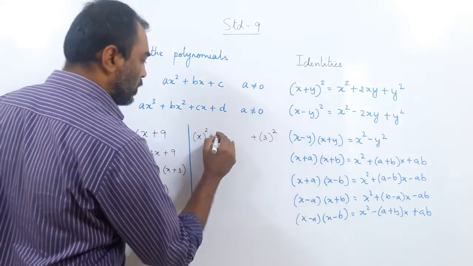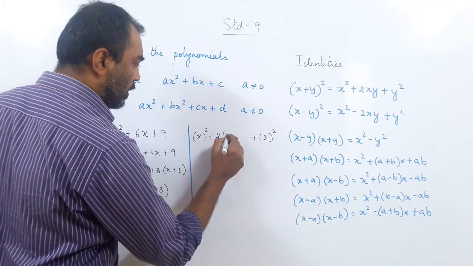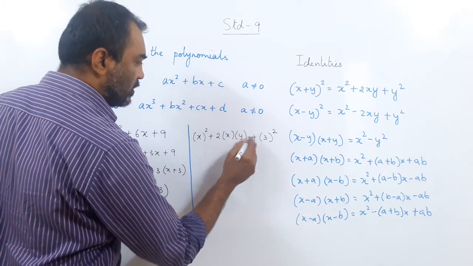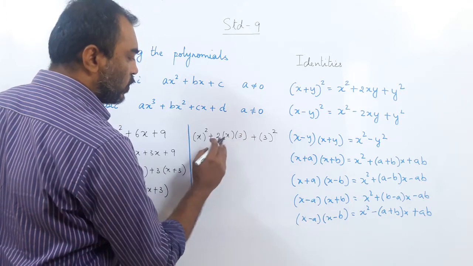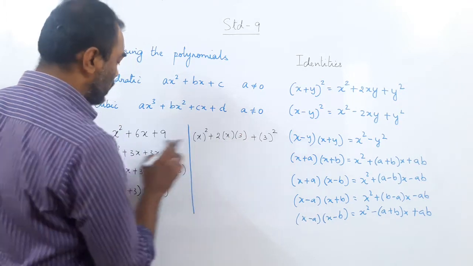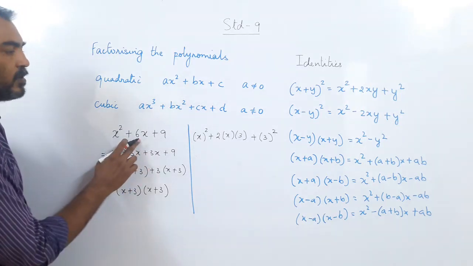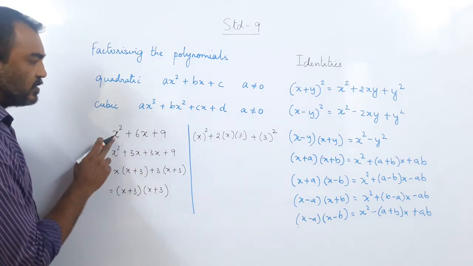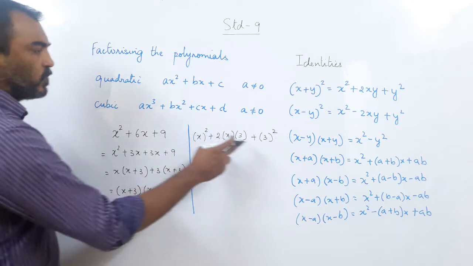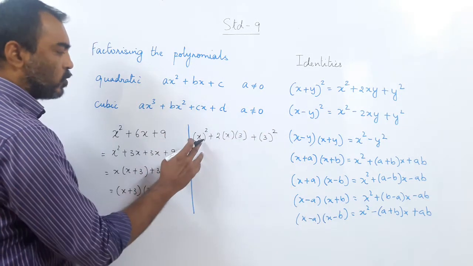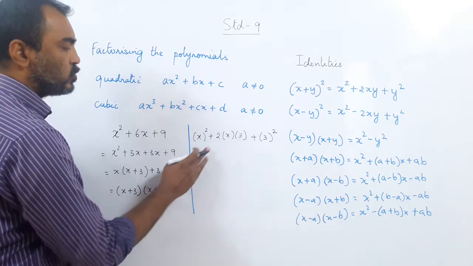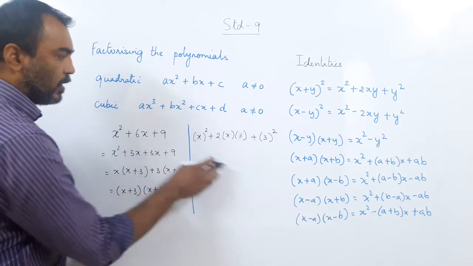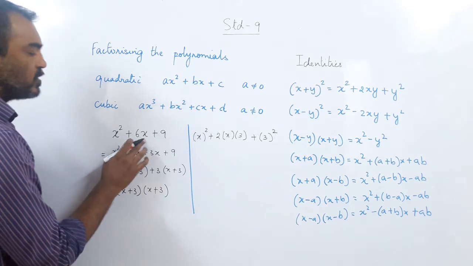So it is x square and our y is 3, 3 square. Now 2xy. So 2 into x and y is 3. Can you see the y is 3? Now 2 threes are 6 and 6 into x is 6x. So you got the middle term. So how have I written this? I wrote x the square, 3 the square. So a square, b square, 2ab. So what is this 2ab? 2 into a into b, and that is how I broke the 6x.